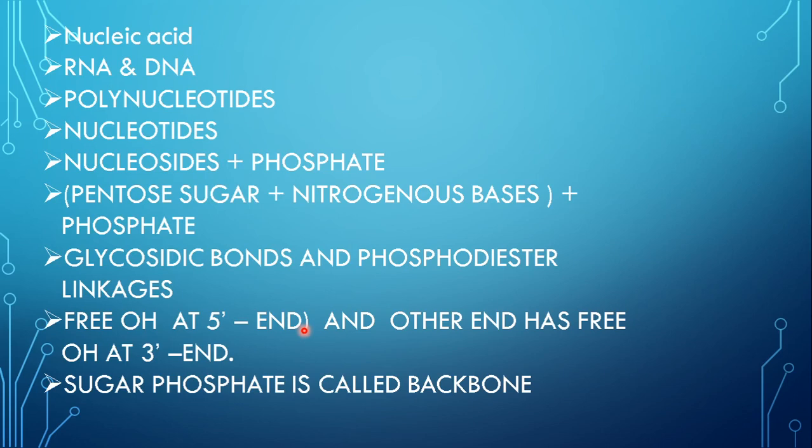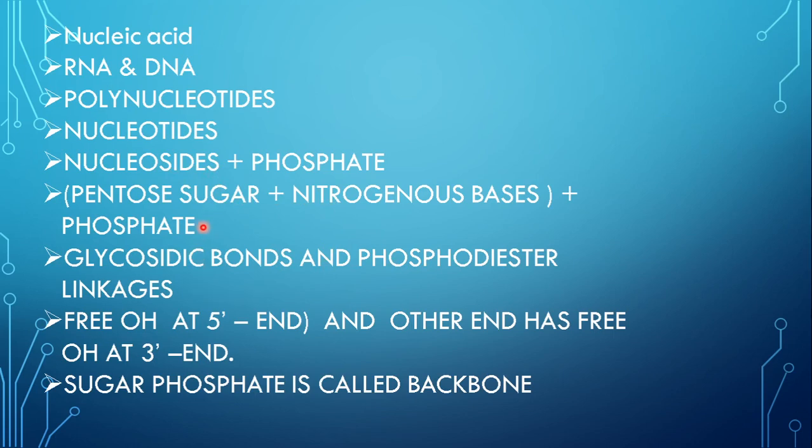Nucleosides are pentose sugar and nitrogenous bases, plus phosphate together makes up a nucleotide. Then the types of bonds that are present: the glycosidic bond, which helps in attachment of pentose sugar with nitrogenous base, and